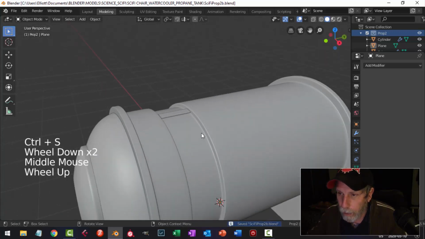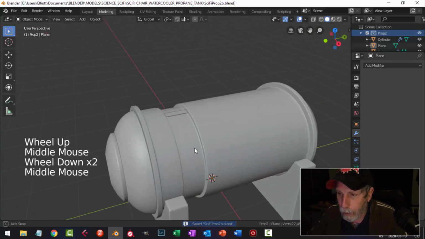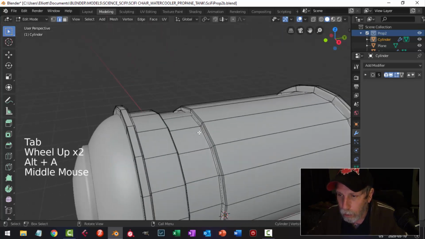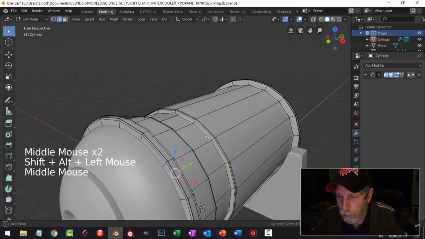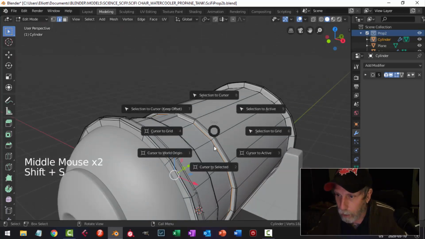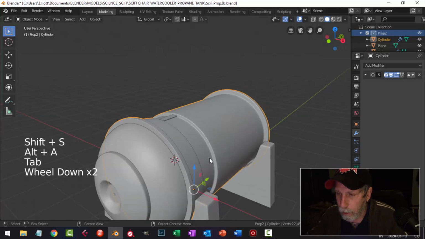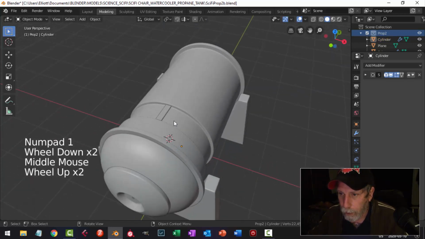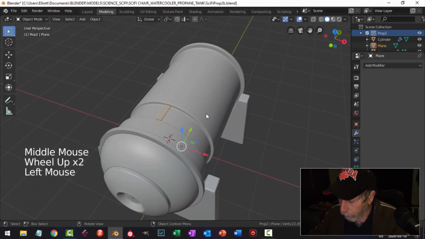I'm going to spin this around. Now, to do that, I need to make sure that I've got a circle that's symmetrically around, if that makes sense. So I select that, Shift S, cursor selected. My 3D cursor is now right in the middle. Okay, so I can take this. I'm going to look from the front,